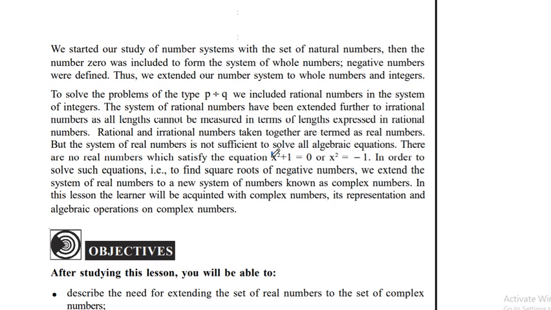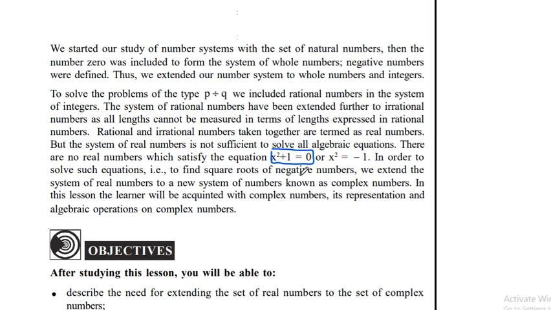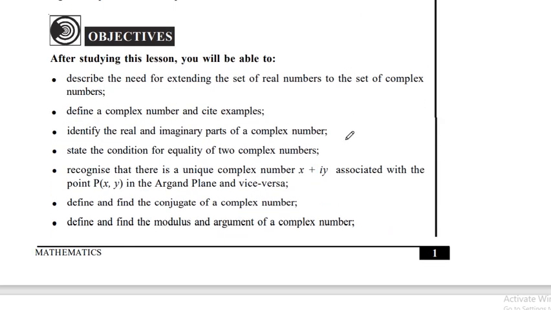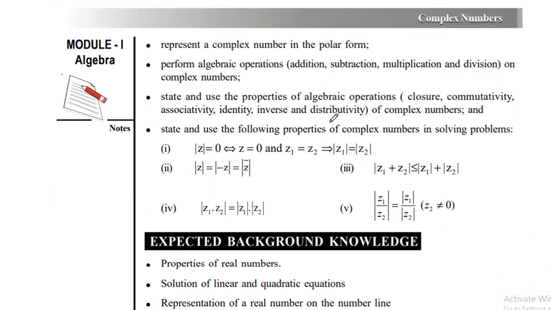If you come up with this equation x square plus 1 equal to 0, and you need to solve this, then x square is equal to -1, and you know that there is no real number whose square is negative. Is there any real number whose square is negative? The answer is no, right? So what should we do if we come up with these types of equations? To solve these types of equations, we take the help of complex numbers.